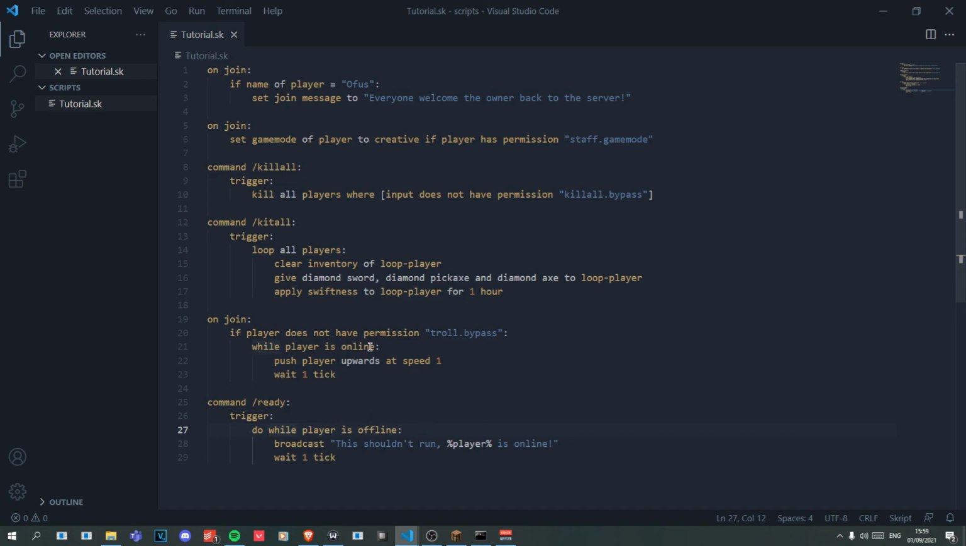If we did while player is offline, the loop will never start, but because it's do while, it will always loop at least once. That's all for this